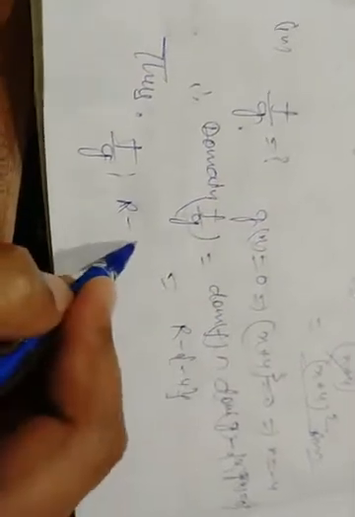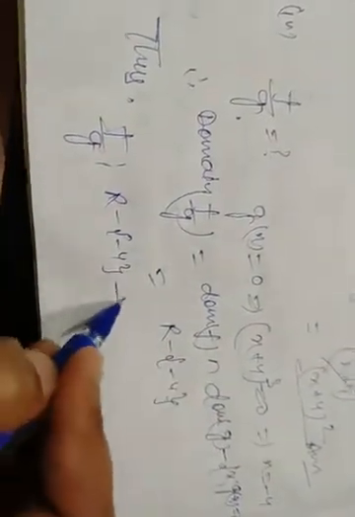Thus f by g, such that R minus {-4} tends to R, is given by